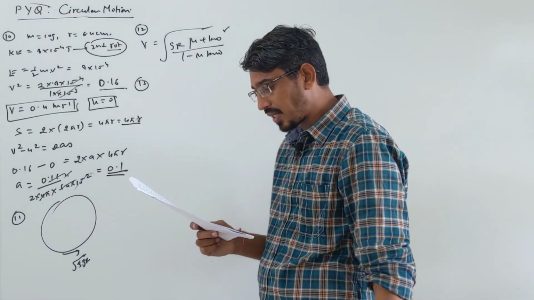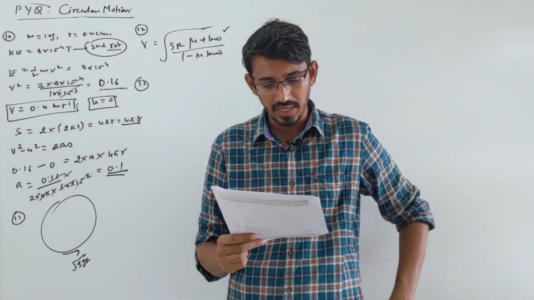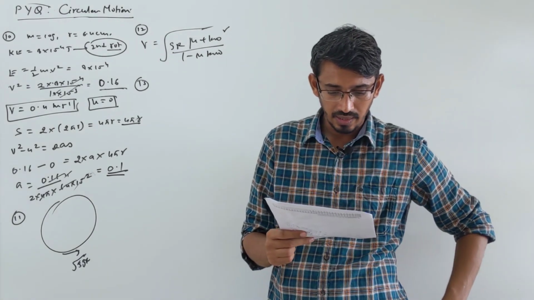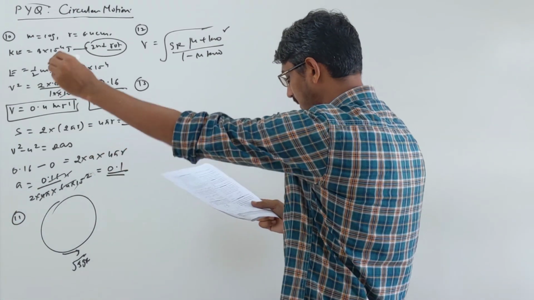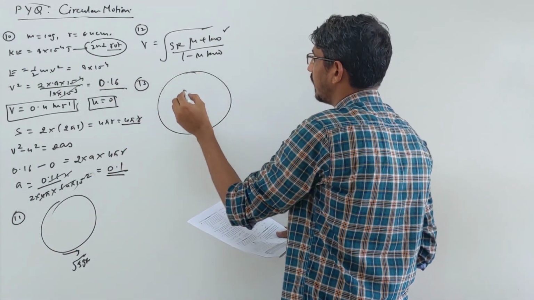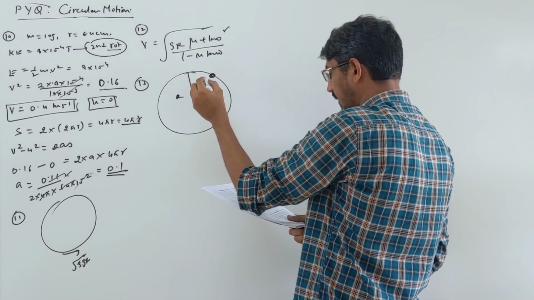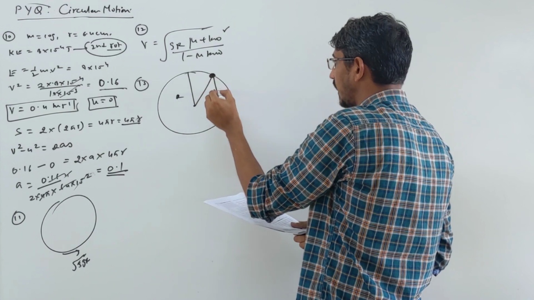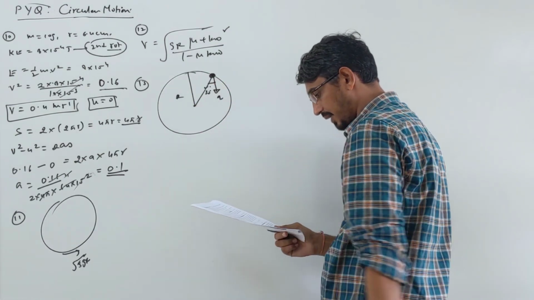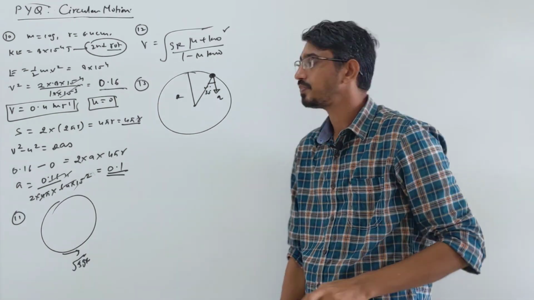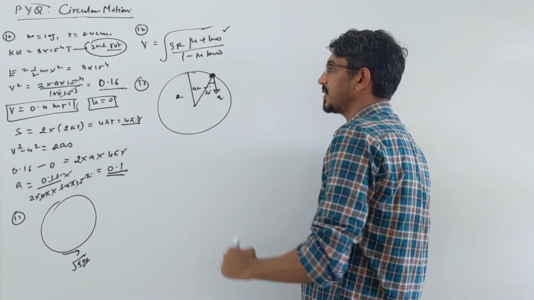In the given figure, acceleration is given. 15 represents the total acceleration of the particle moving in a clockwise direction in a circle of radius 2.5. What is the speed of the particle? Very simple question. They give a circle like this with radius r. The particle is at this point and this is the total acceleration, making an angle of 30 degrees with that line. They are asking for the velocity. It's very simple. This is the total acceleration. Let's calculate AC, the centripetal acceleration.